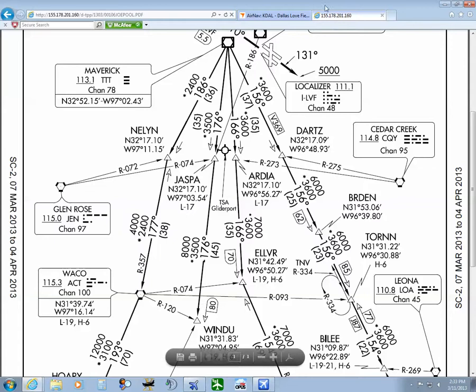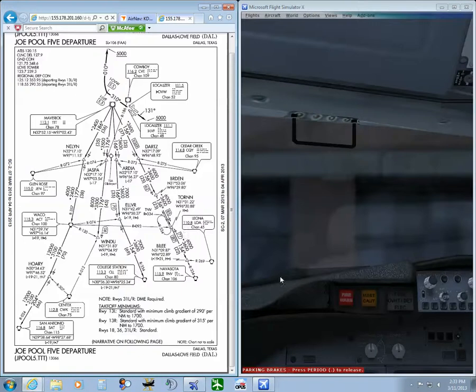So now we're going to program the GPS in the flight simulator to